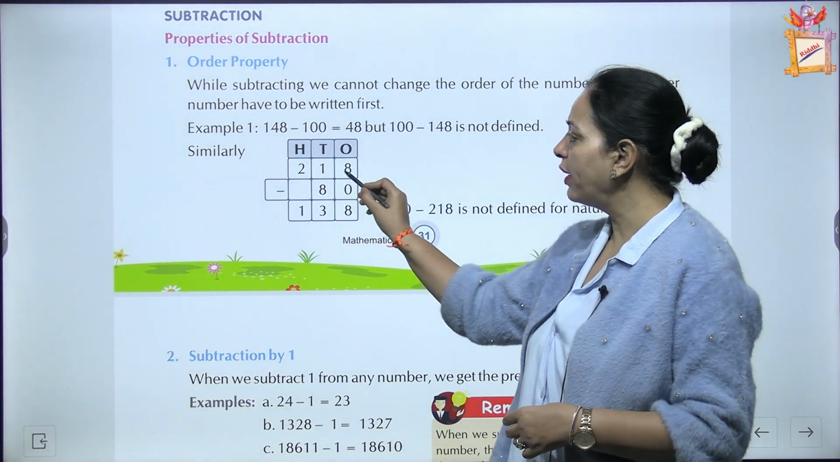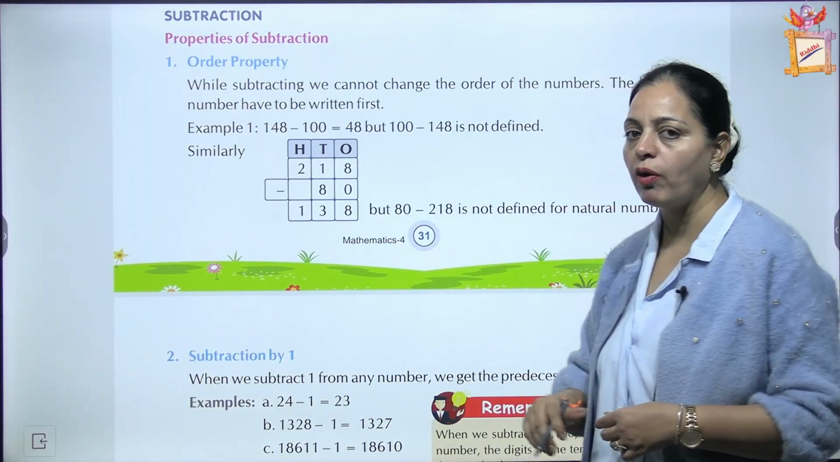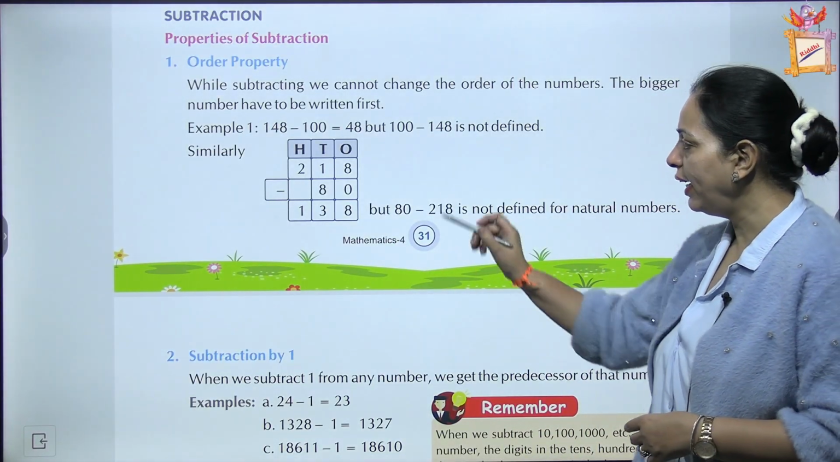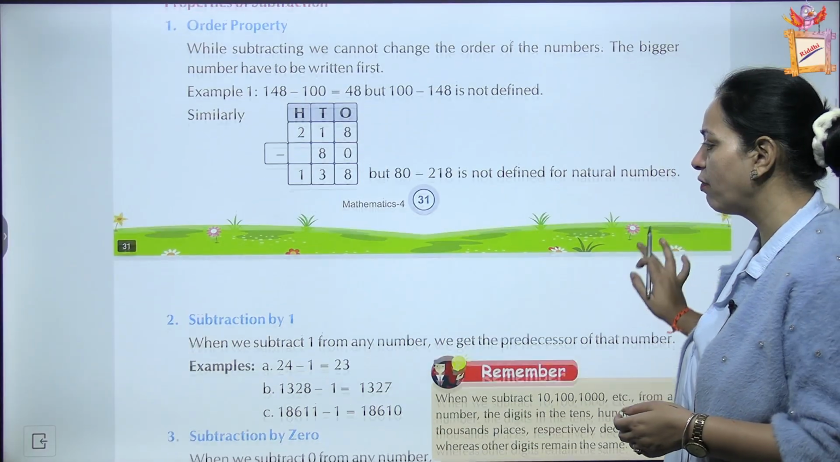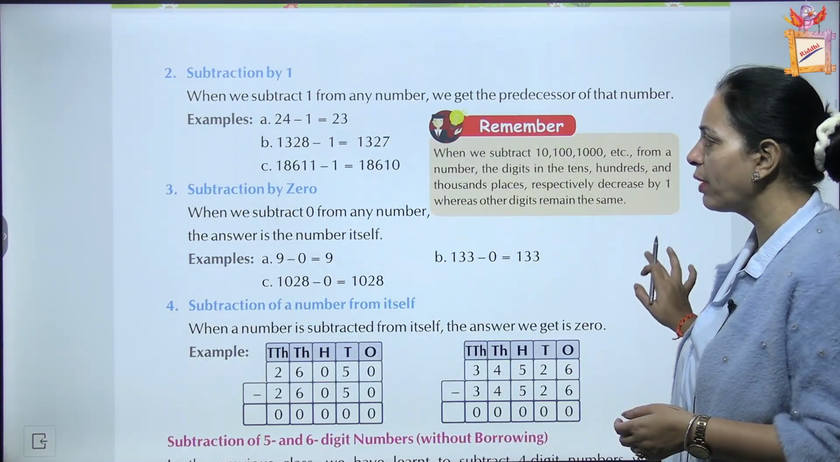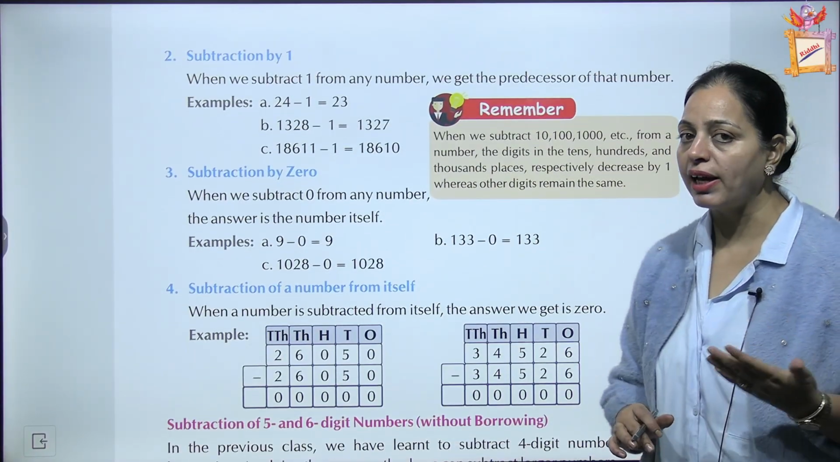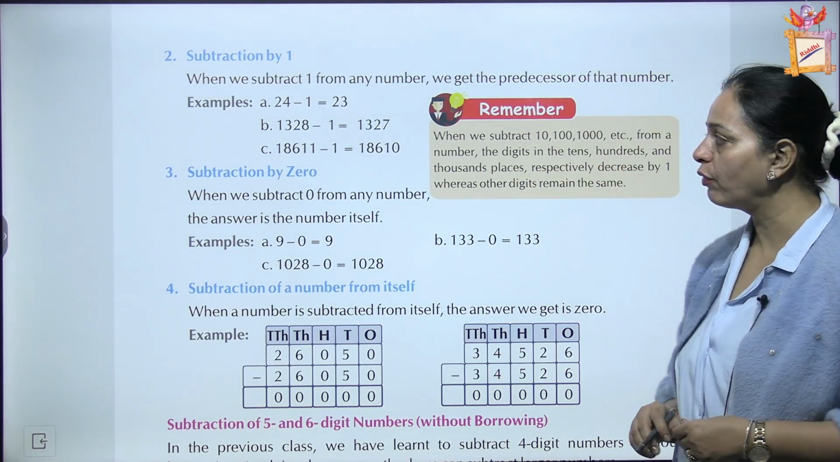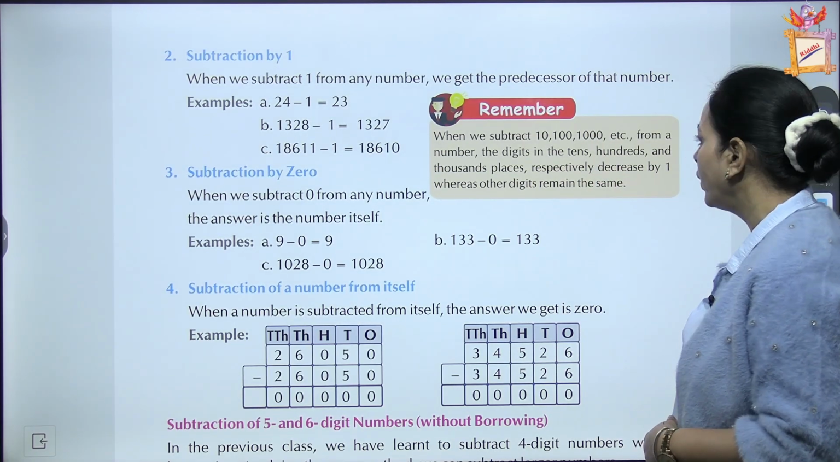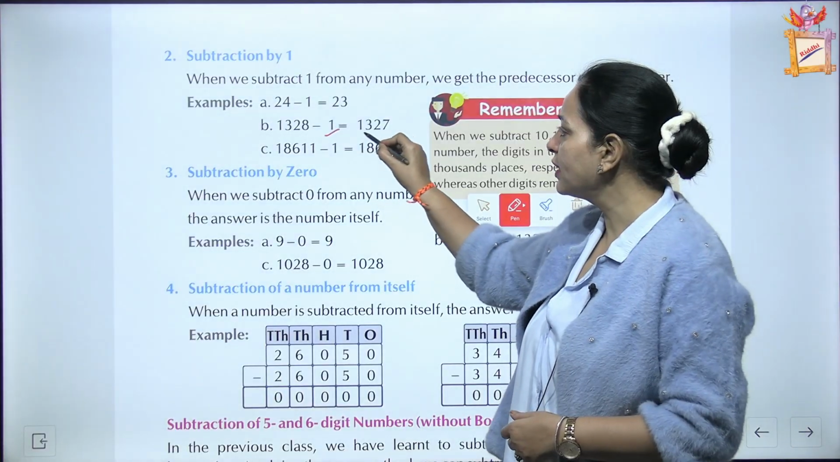Similarly, 218 minus 80 we are getting 138, but 80 minus 218, that is not defined. Now the second one, subtraction by 1. If we subtract 1, we get the predecessor of that number. Like 24 minus 1 is 23, and this number minus 1,